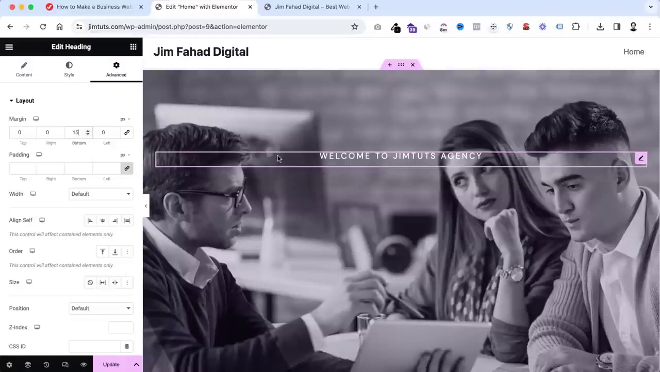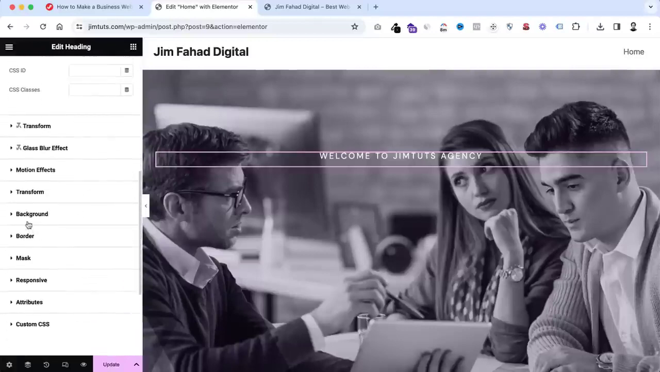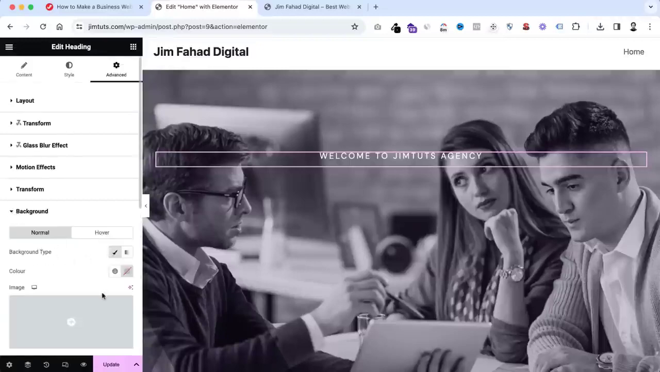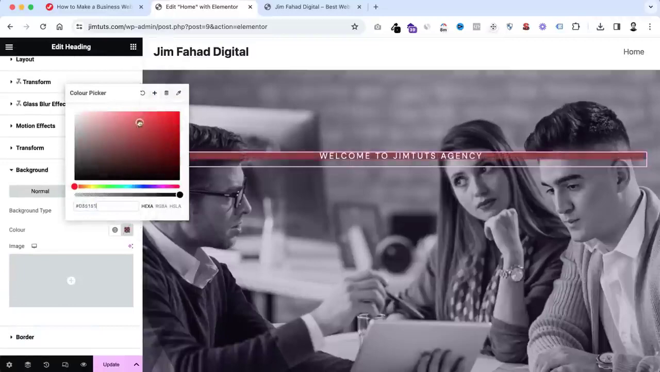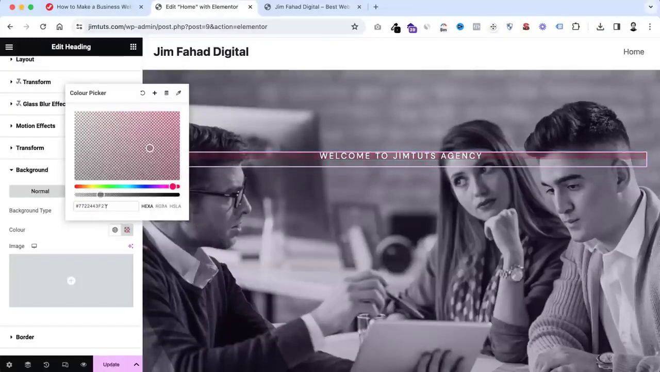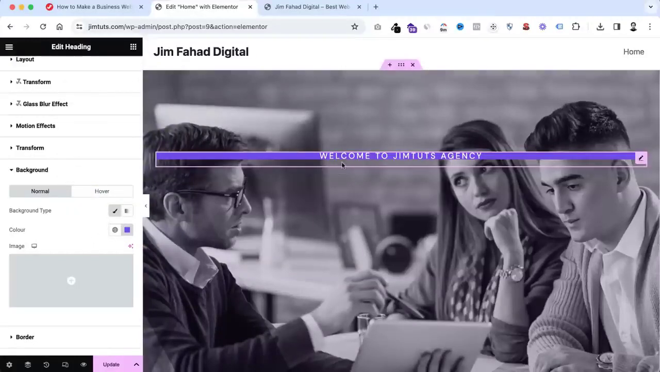Now I wanna add a background color with this text. So to do it, from under this advanced tab, let's scroll down. Here we'll find the option background. So open it, and from here background type, and from this color picker you can select any color. So from here I'm just giving the color code, which is 7243F2. So this color. And here you see the background is covering the whole area, the whole width of this container,